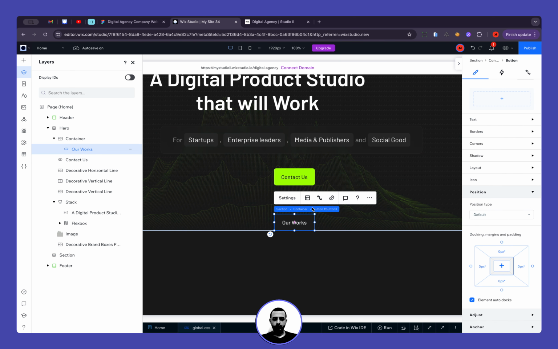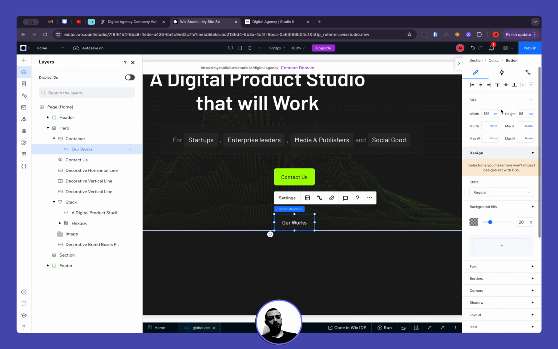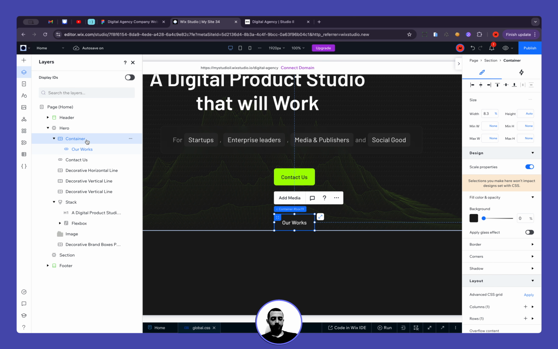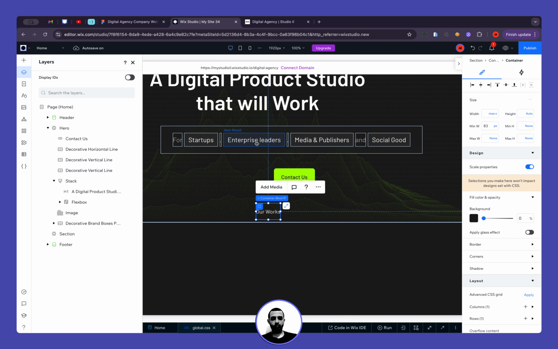So now I will set this button to be 100% of its own parent. I can keep the height. And now this container, it's a button wrapper, right? So for the button wrapper, I want to set it to be max content. So now if I change its value,